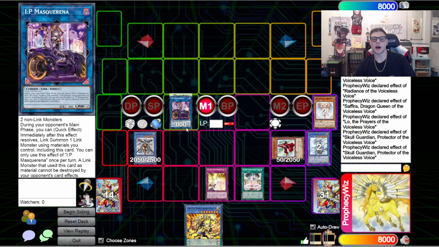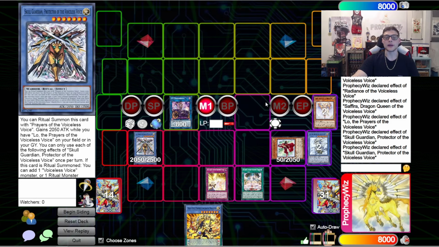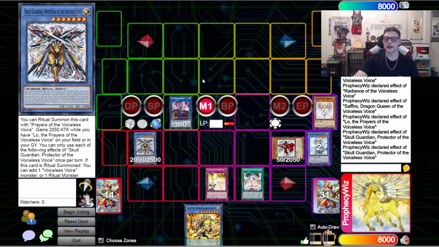Because they sent 2 cards, 1 for each of these, their Droplet's not going to be able to resolve, and the Skull Guardian is gone, so that effect is also going to resolve. And then you dodge Droplet, and you have Appaloosa for 3. What's going to happen if they do not chain Droplet is they're going to accept the Skull Guardian negate,